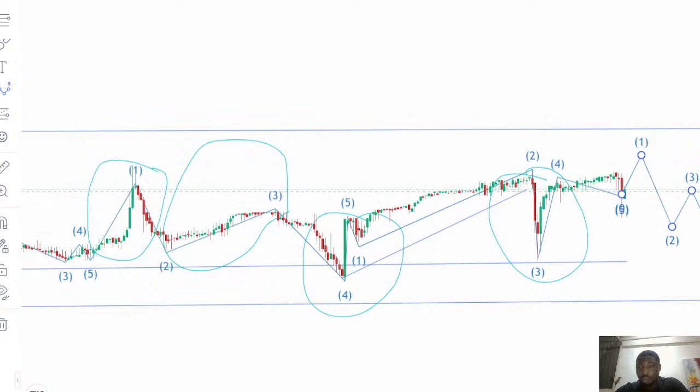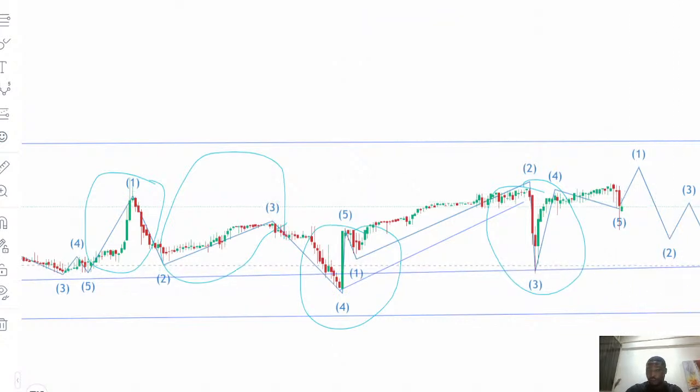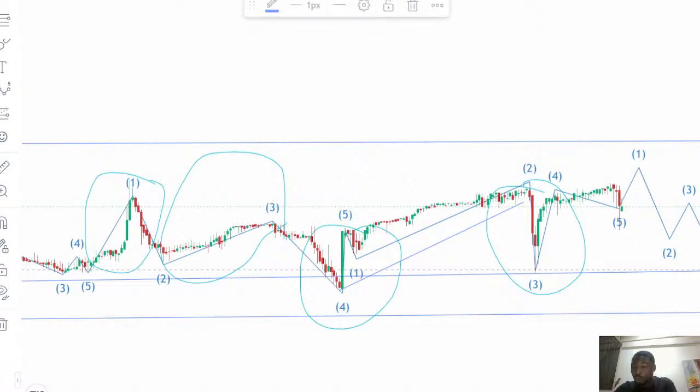Now, is it going to break? Is it going to break this line? Now, you remember I told you that it's all about supply and demand. Is this still going to break this line? If we see a breakage of this line again, then we will see a good push in the market. If we see a breakage,